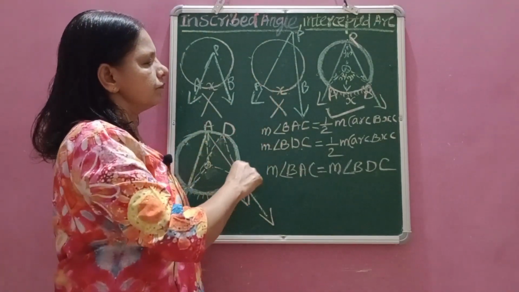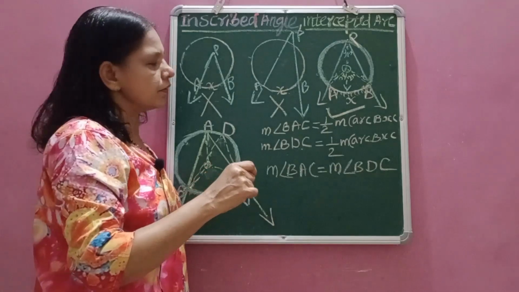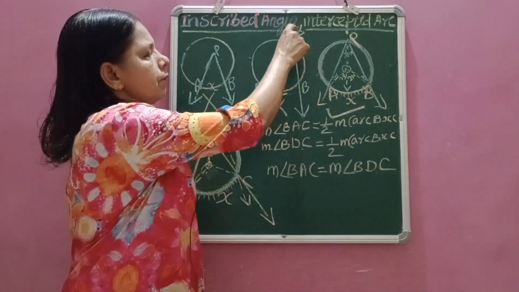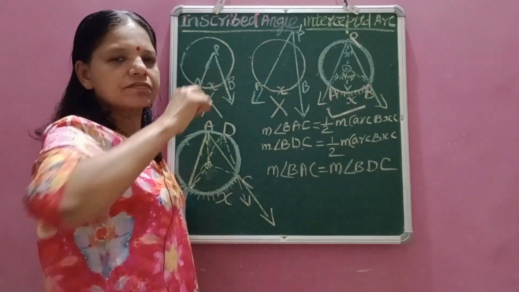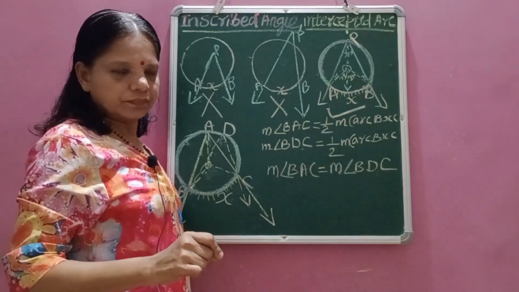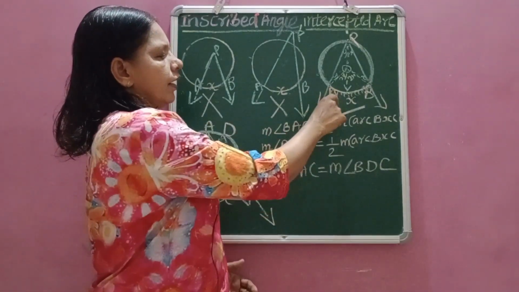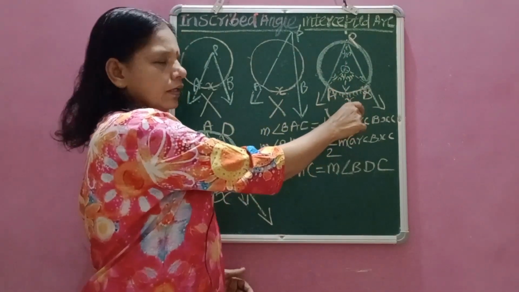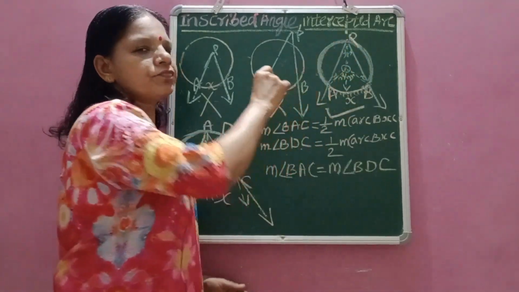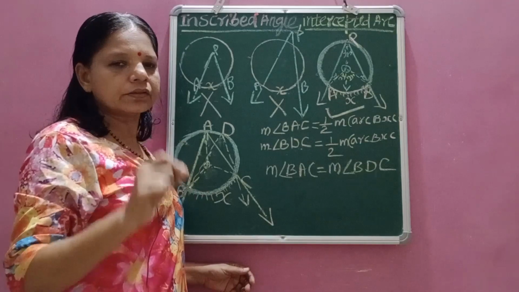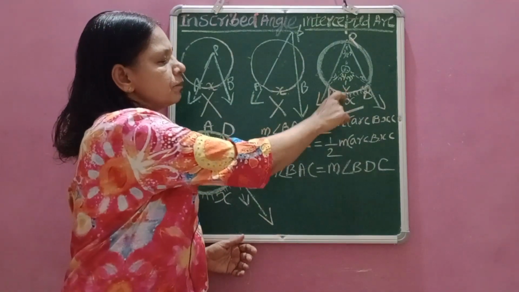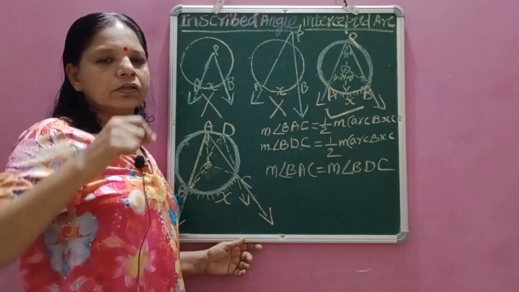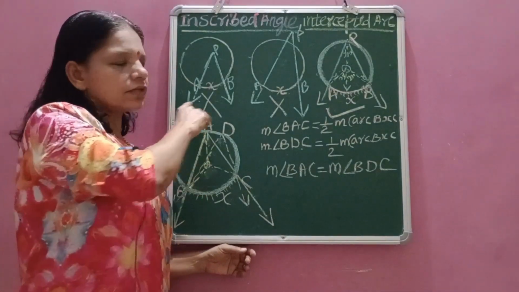And the second figure, an angle is subtended by the endpoint of the arc AXB at a point P in the exterior of the circle. In the third figure, an angle is subtended by the endpoint of the arc AXB at a point P of the circle. The point P is on the circle. Here the angle is subtended by the endpoint of the arc AXB at a point on the circle. So in these three figures,